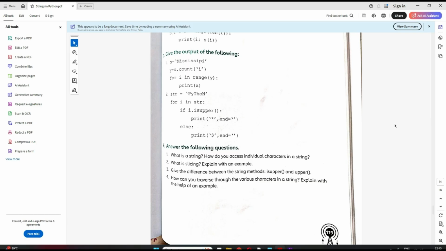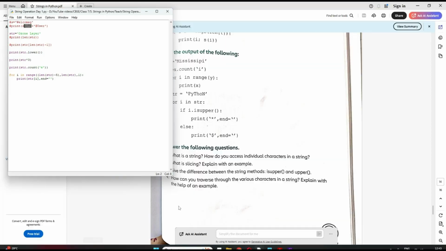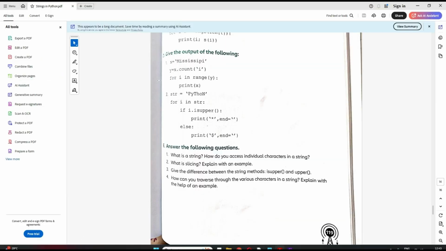Is it clear? I can write it here, but I don't want to. It's very simple. You can also just try it out and see. Here they have not given any index or anything, just the string. So the entire string will be printed 4 times. Clear? Now the second one, string.